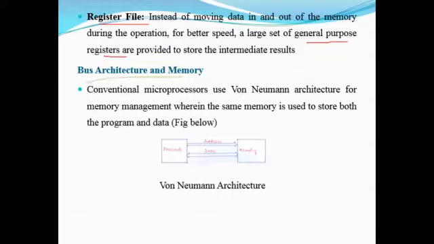So normally we come across two different architectures used in the DSP processor, that is von Neumann architecture and Harvard architecture. Whenever I go with the conventional microprocessor, it is going to use the von Neumann architecture. With this architecture, the same memory is used to store both program and data. So in this case, we can see a single processor and a memory connected to it, with a single memory unit. So address and data are shared by this memory unit.